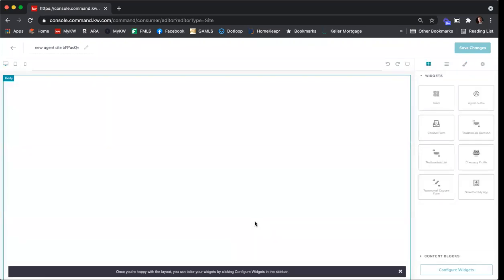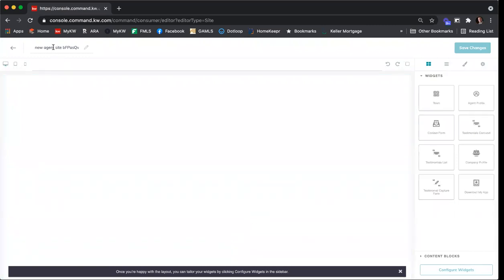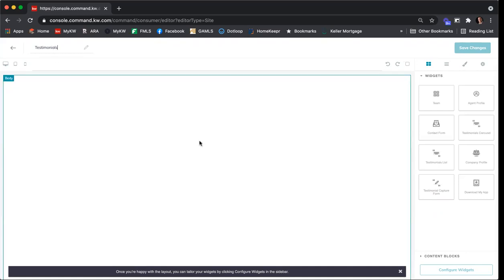And then just like we went through the Kelly guide, let's start at the top and we'll work our way down and fill in all of the information. So up in the top left-hand corner, let's give this a new page title. We can just do testimonials. Now I want to walk through testimonials because it is kind of a funky process with the agent websites. If you want to add testimonials to your website, you have to first create a testimonials capture page and then a testimonials carousel page,